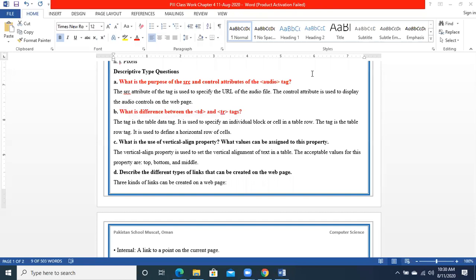Sir, TR tags are used to add rows to a table, and TD tags are used to add columns to a table. No, you are not correct about TD. Again, say something about TD. What is the purpose of TD? What does TD stand for?